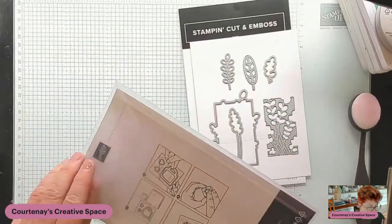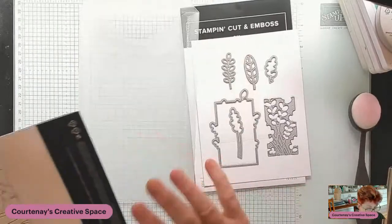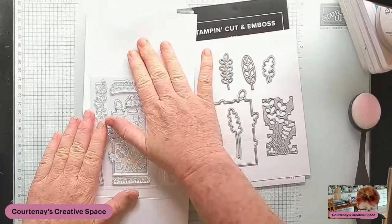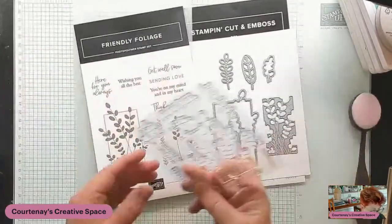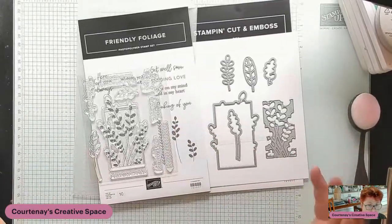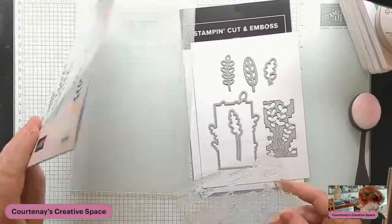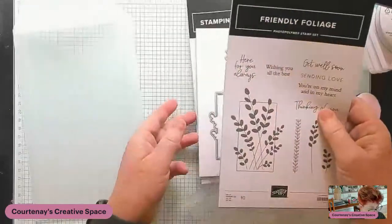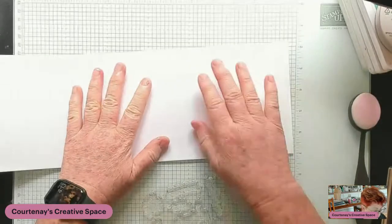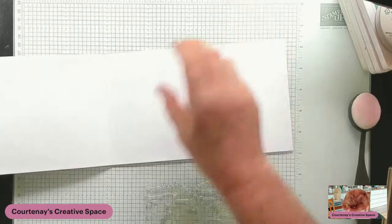And the other thing that you will notice is there's not going to be any new red rubber stamps being released. They're all going to be photopolymer. There is no piece of paper in here that tells you what everything is, because there is an image on the front. Now, I will let you see when you look here, the images are not to size. So if you're like me and you would like them to be, what I can suggest that you do is, I'm going to move this aside, and I'm going to do it now with this one because I'm opening it now. I'm going to open this piece here, and because these are brand spanking new,